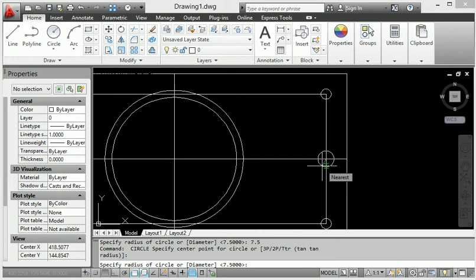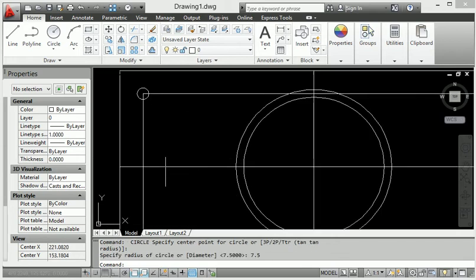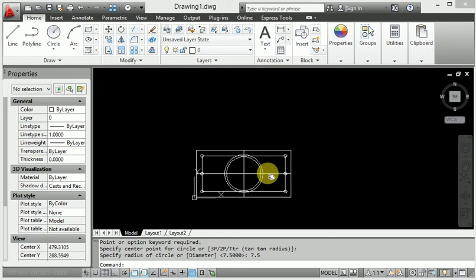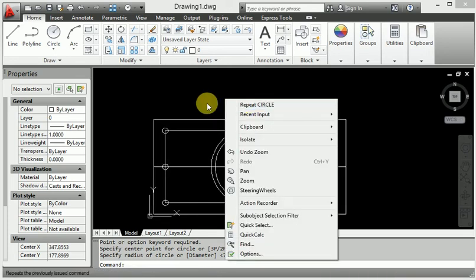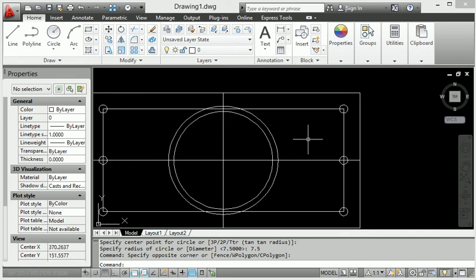Then I will show you, click this rectangle here. Now again I will click this here. So this completes the circle right now.